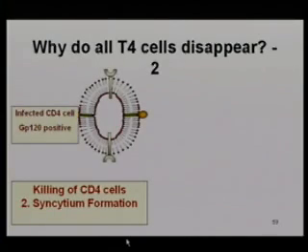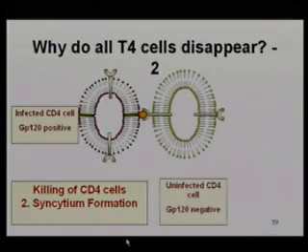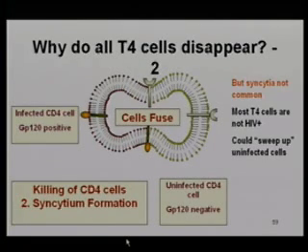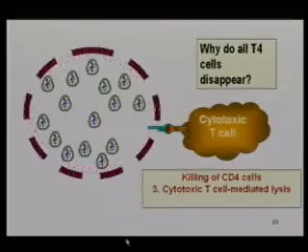You can have that syncytium formation that I mentioned before, where you've got an infected CD4 positive cell, which is also GP120 positive for the viral antigen. Along comes an uninfected cell. The CD4 of this cell binds to the GP120 of this cell, and because they can fuse at ambient pH, you get syncytial formation. That doesn't really explain it either. You can get a cell-mediated immune response that'll kill off infected cells. But most of the cells aren't infected.